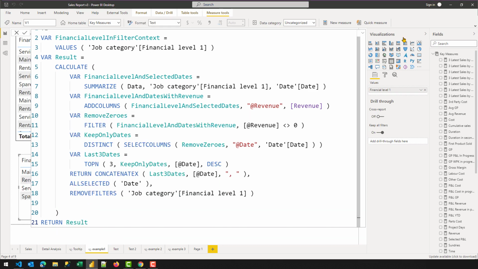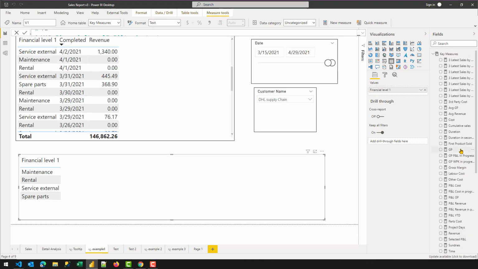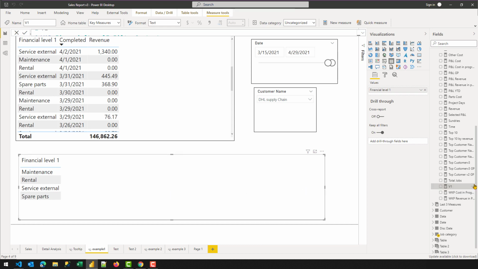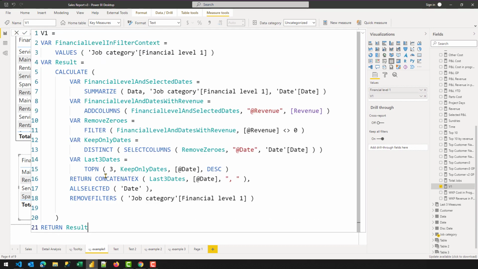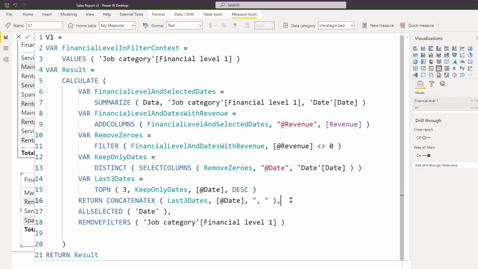Let's press enter, and we can drag and drop our measure inside that matrix, and you can see that, as I've already shown you in the start, that we were getting 31,347,42. So that means the measure is working up till here, and we can write more code. So let's go back to the editor, and instead of returning the concatenate x part, let's get rid of everything.